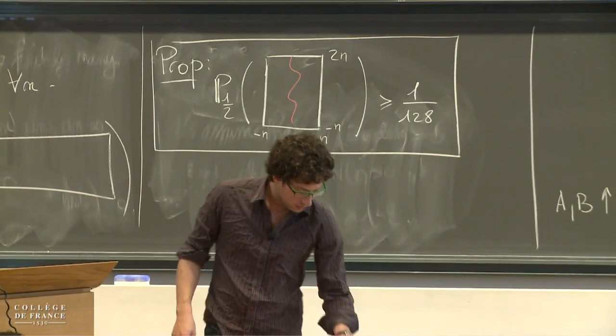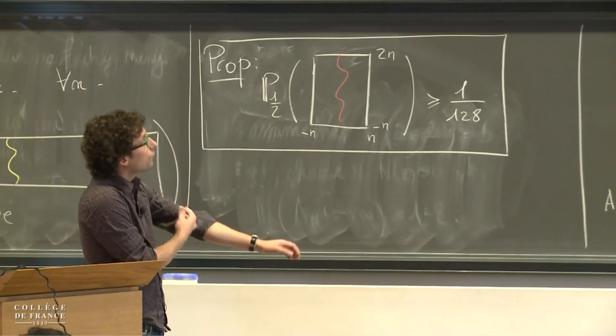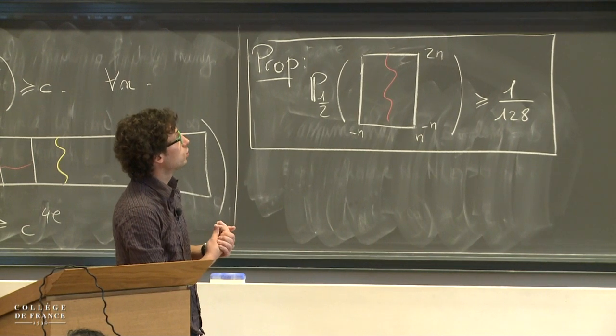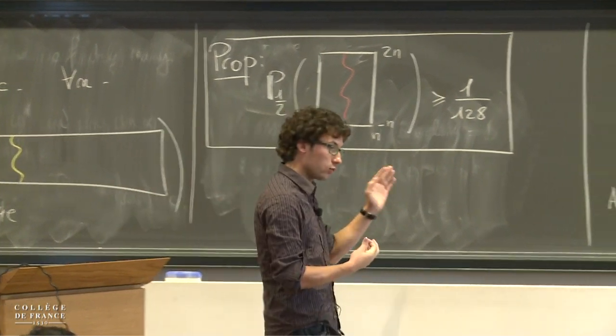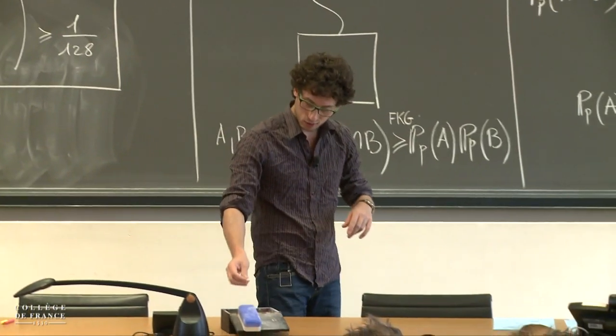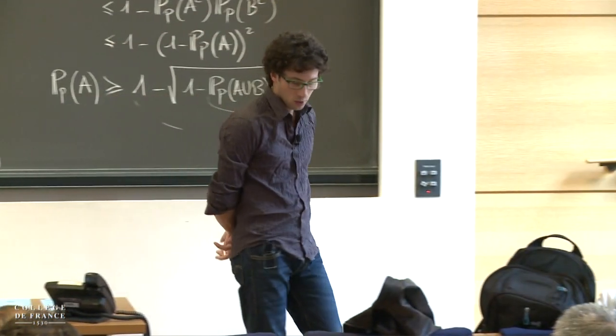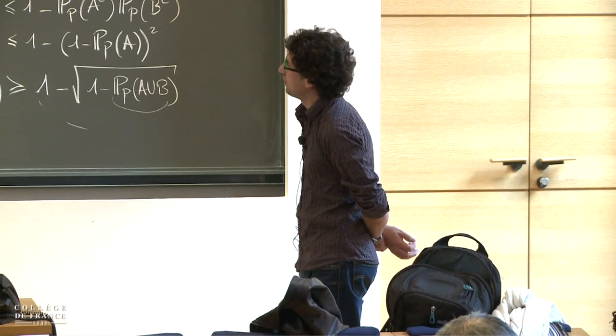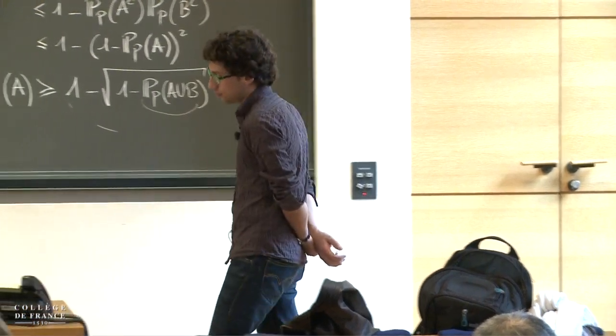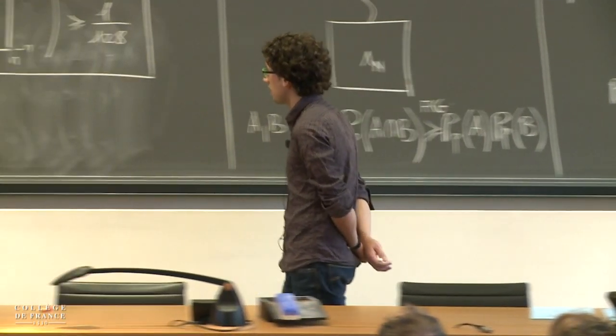OK, so the proof, I mean, there are many, many proofs of this. The first proofs were basically due to Russo, Seymour, and Welsh. So Russo on one side, Seymour and Welsh on the other one. It's contemporary, I mean, really at the same time. There were many proofs since then, and I'm going to give you a proof by Bollobás and Riordan, which is,